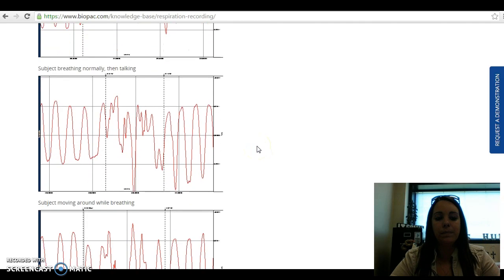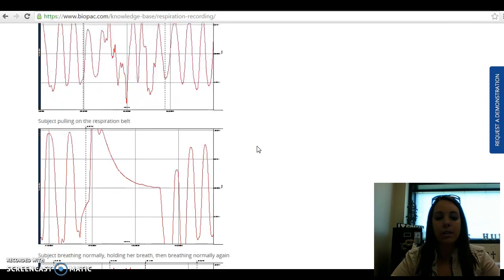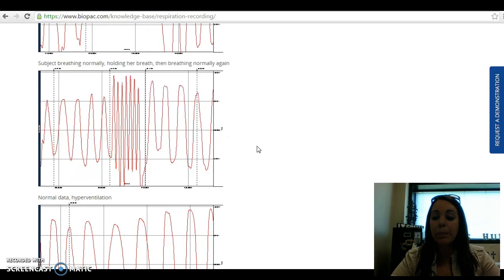Now if I want the patient to hyperventilate. Hyperventilation means breathing rapidly or above the normal respiratory rate. So what I want you to notice about this graph right here is we have normal respiration occurring first, followed by very quick breaths here for just a few seconds, and then you see we begin to normalize again. So what that would look like would be normal respirations, followed by